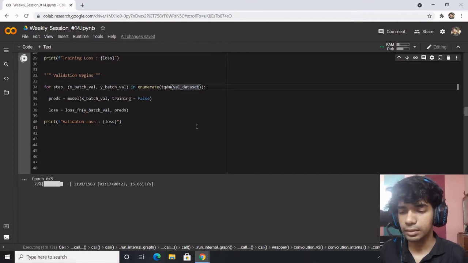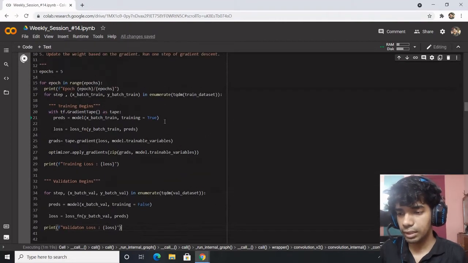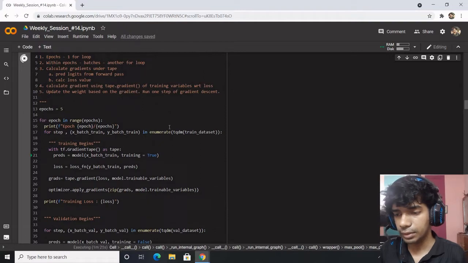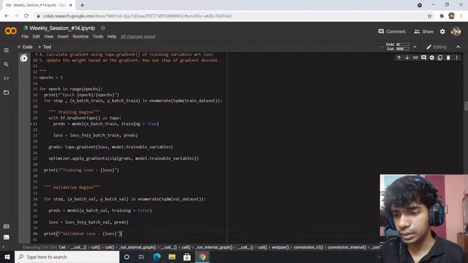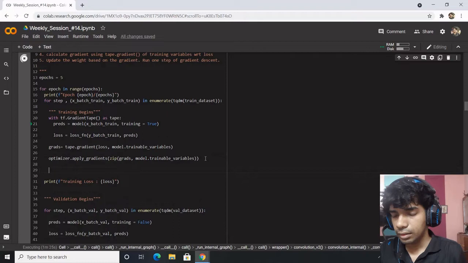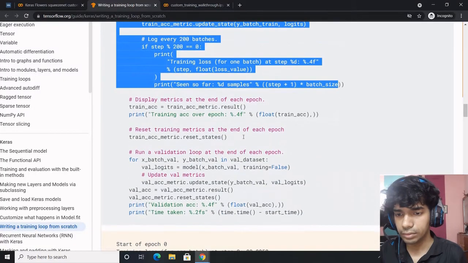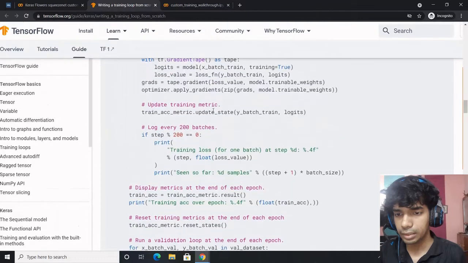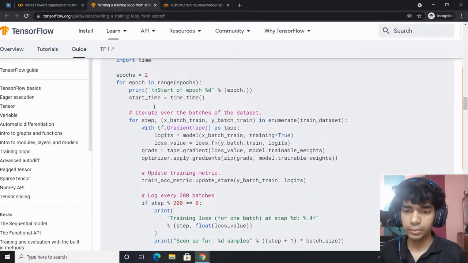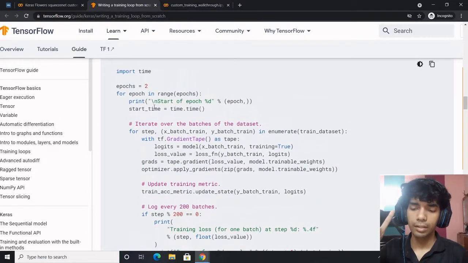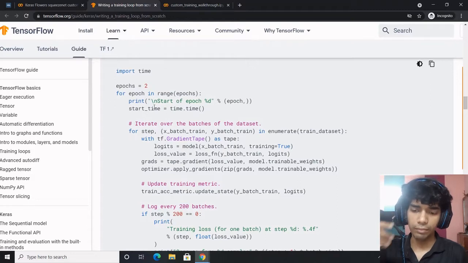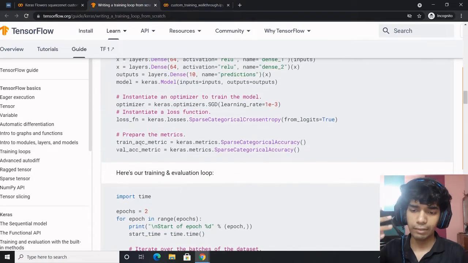Almost there. So if we are about to add the metrics, we'll have to add the training metrics which we had. Two things we've got to do. First is the training metric, the value.